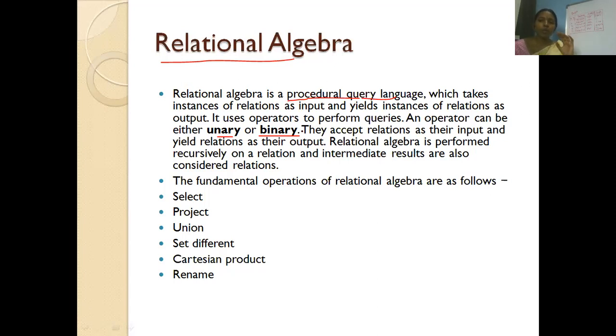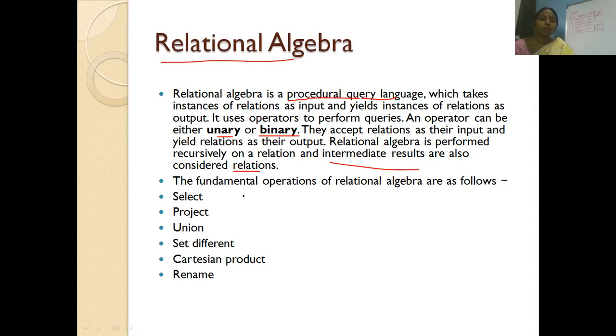Whatever result you get from the operations on the tables is also a table. That table we call an intermediate result, and it is also considered a relation.